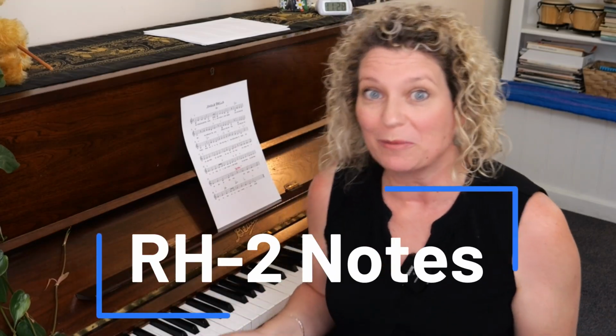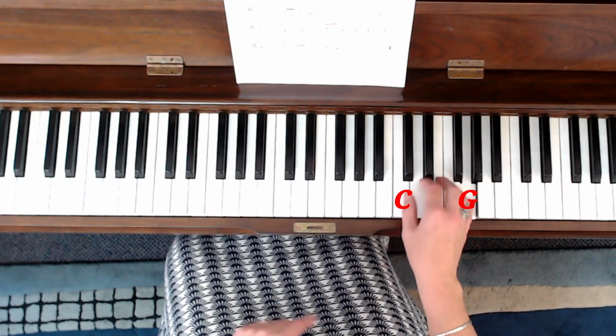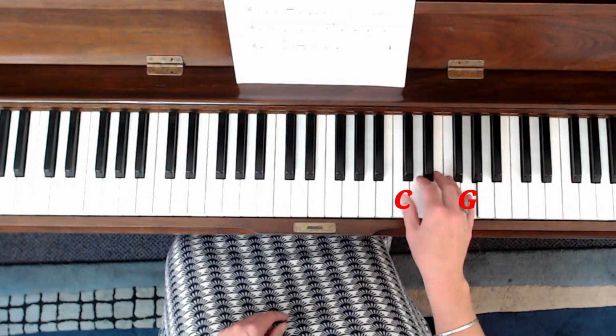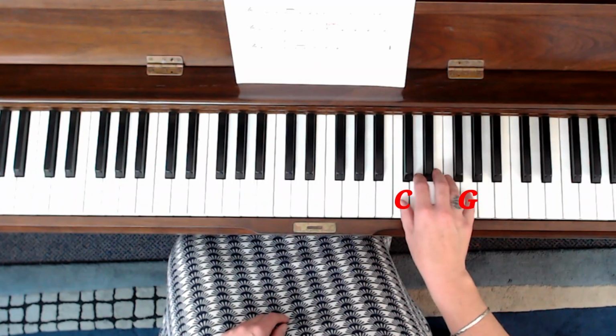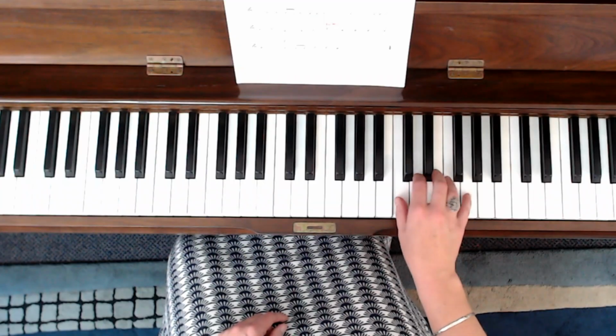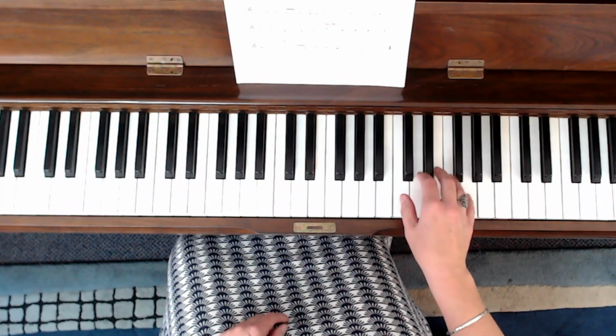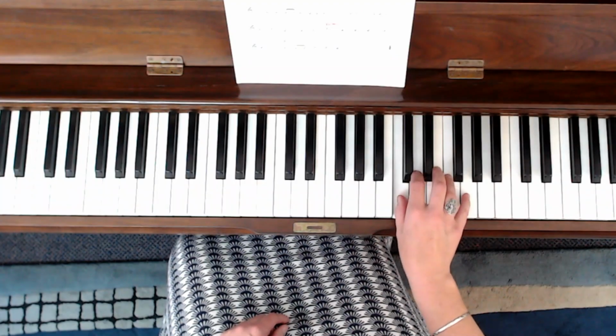Step number 1, let's create a beautiful accompaniment with only 2 notes with the right hand. Let's start with a G and a C in the right hand, and set up a little rocking pattern. Dashing through the snow, that sort of speed. Rocking, rocking, letting your hand be nice and free, from your pinky back to your thumb. Stay on there